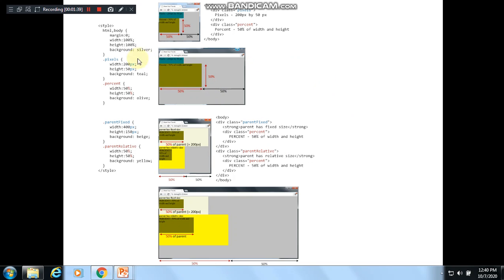You have this code available, just copy it and paste it in an HTML document and try it once, so that you can find out the difference between specifying sizes in percentages and in pixels. When it is specified in percentages, it is taken with respect to its parent element, which you should remember.